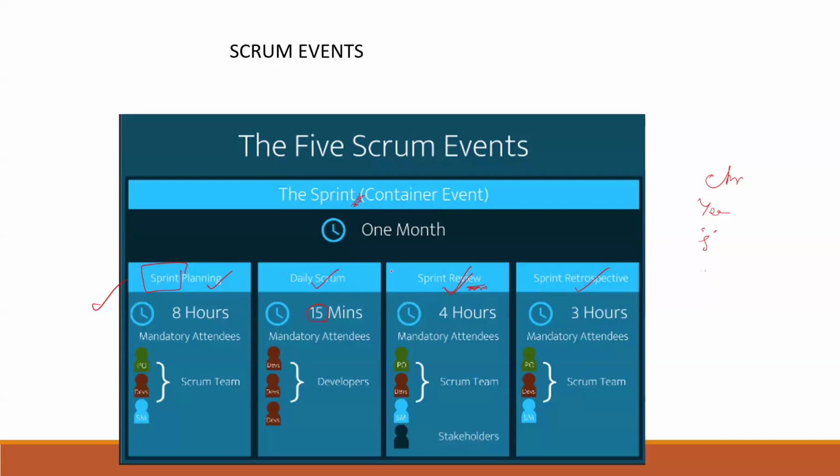Within 1 month, we have these 5 activities: sprint planning, daily scrum, review, retrospective, and all together this is called a sprint. Then why are we saying this is a sprint? Can anyone say what a sprint is, or have you ever heard of this word in our daily life or in your activities anywhere other than IT?